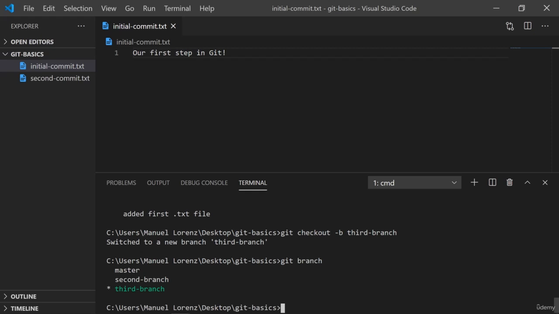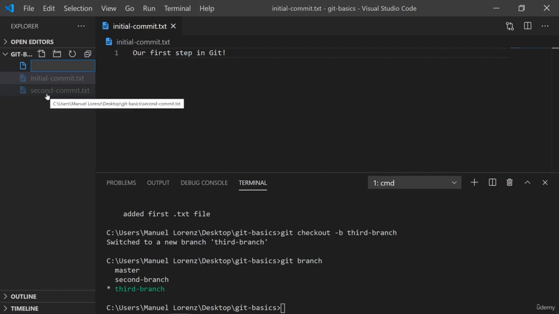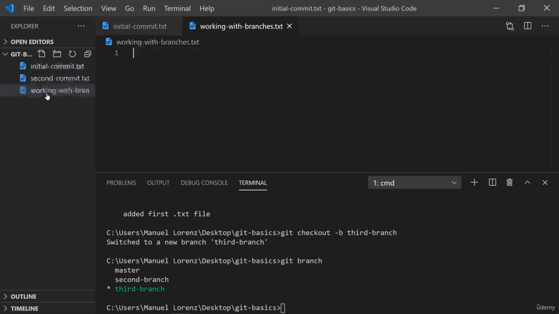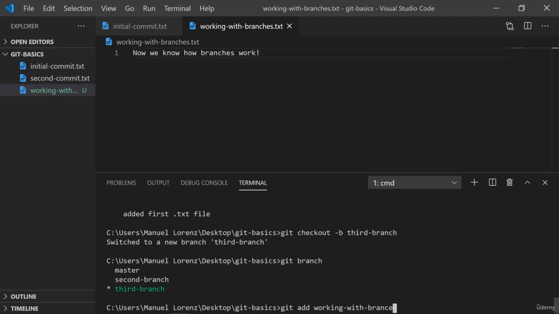I will again create a new file right here to make it easier to understand what is happening. So let's create this new file, and let's call it working with branches.txt. Right here, and here we could add some messages if we want to. Now we know how branches work. We can save this. And now, as we have a change made, we can of course add this change to our staging area. We say git add working with